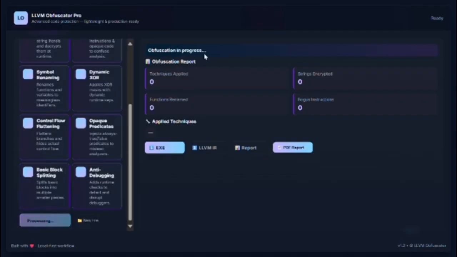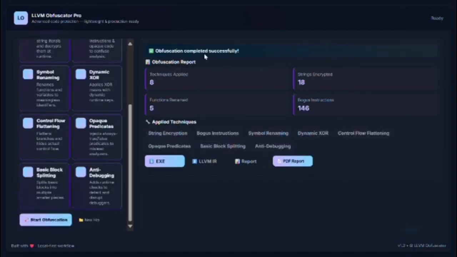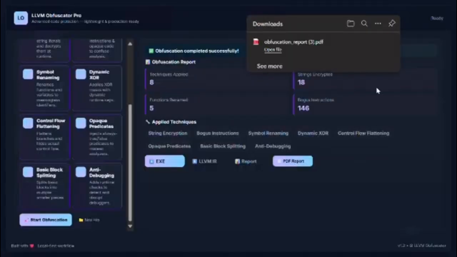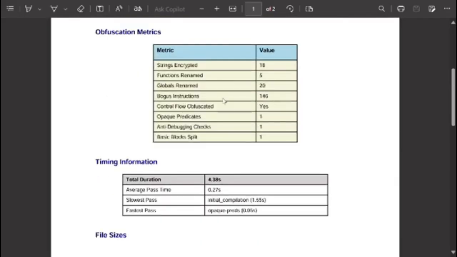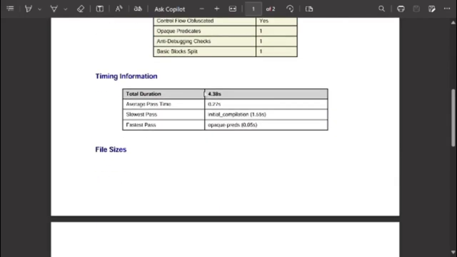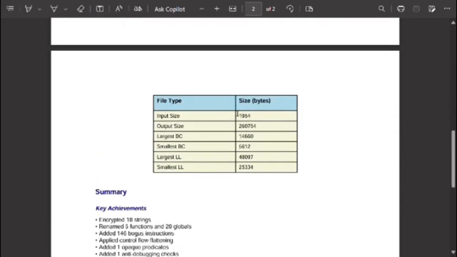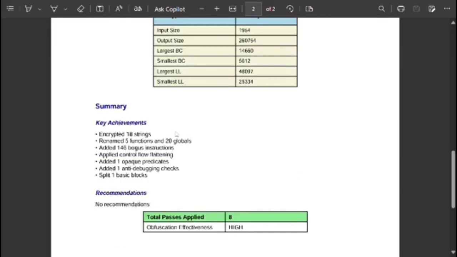The Obfusca engine processes the code and instantly generates two outputs, the protected executable and the analysis report. Let's quickly look at the report. This PDF automatically details all the protections that were applied. It logs the method of obfuscation, it counts the number of fake code blocks we inserted, and it even confirms the number of strings we encrypted. This gives the developer full transparency and the proof of obfuscation.